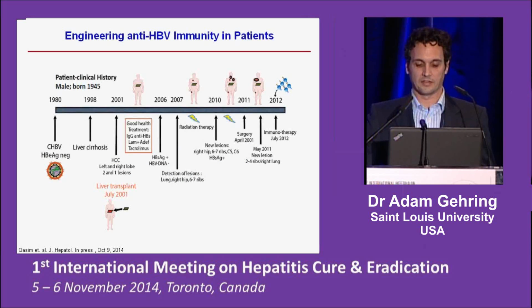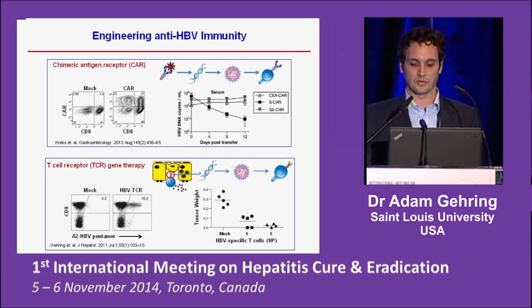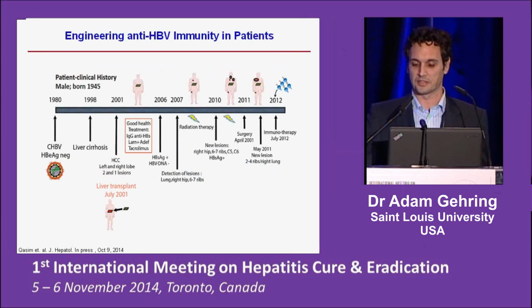So after that, they found that the patient had developed metastases, but these metastases were actually from the original liver. They weren't from the new transplanted liver. And so they tried to surgically treat this, but ultimately we got compassionate care use,